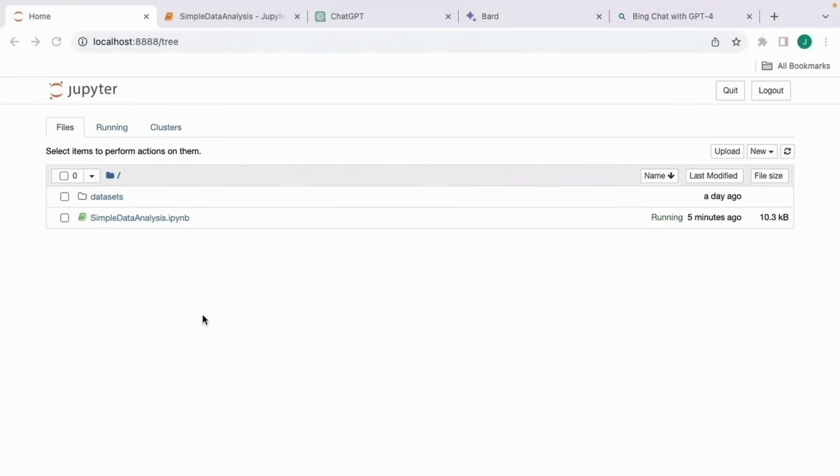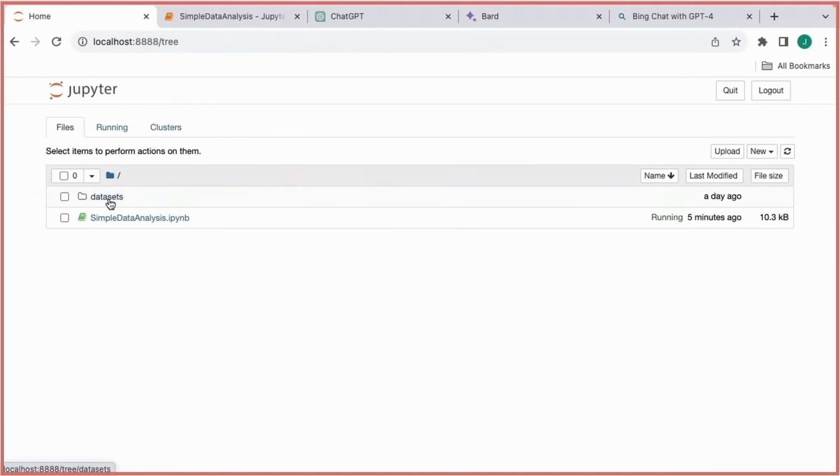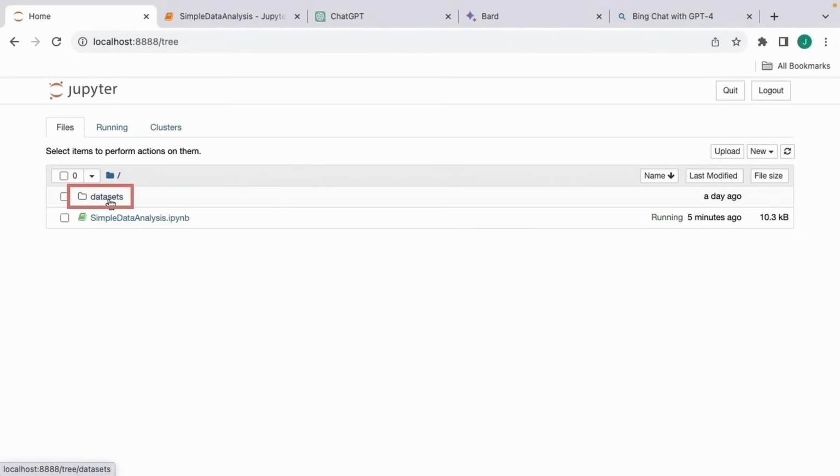And we'll start off with a data science project. We'll use the pandas and matplotlib library in Python to do some basic data manipulation and visualization. Notice I'm on the home page of my Jupyter Notebook server, and here within my current working directory, I've created